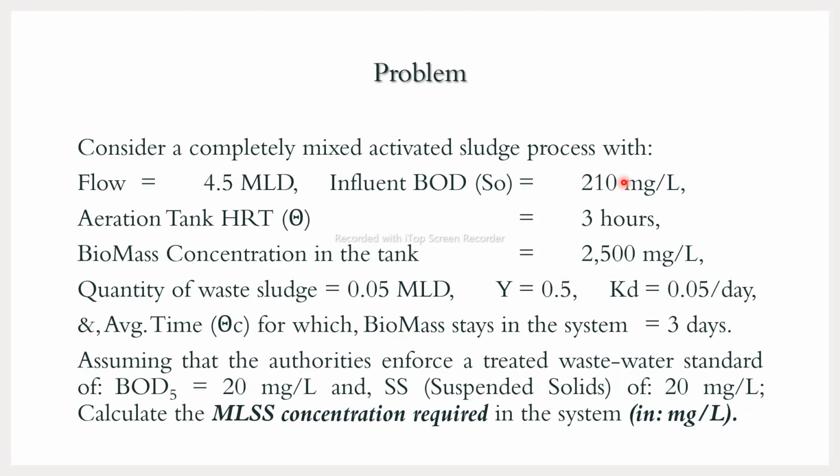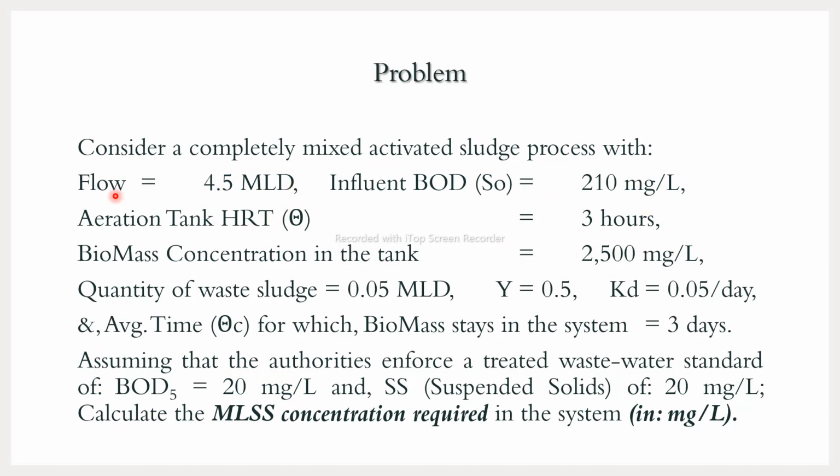That means whatever amount they eat, the increase in their mass will be 50% of that. So 0.5 into this difference, into the ratio of these two times, because the BOD that is coming in and going out, the flow rate associated with this is